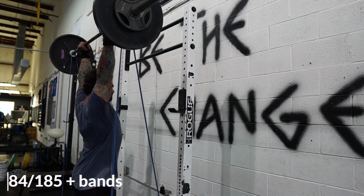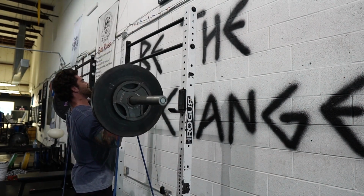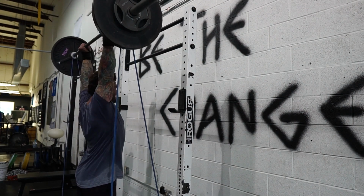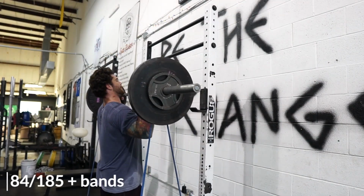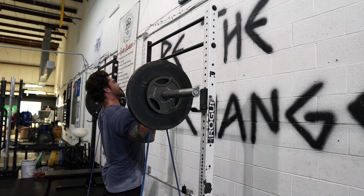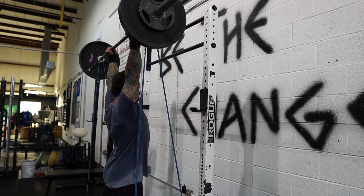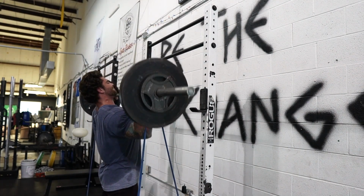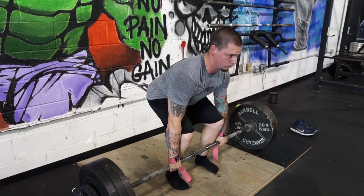So this is the top set at 185 plus the bands, and all I did here was just attach them to the spotting arms and use some band pegs. Very simple, and just something to change it up and add a little something extra to your overhead press. But this will be my 3rd day of overhead pressing. So I've done 3 press variations so far, and we will move on from this to the next lift, which